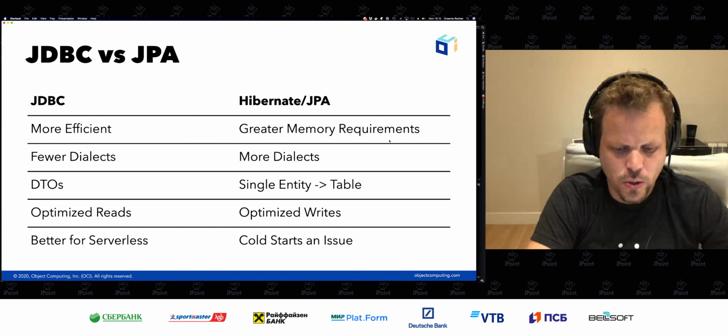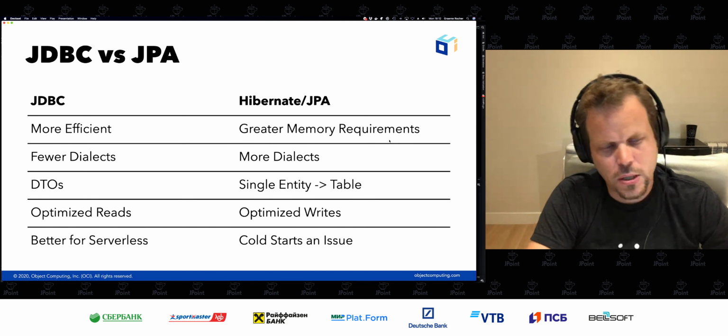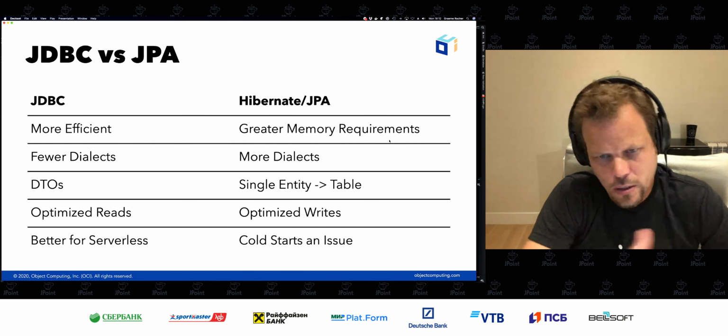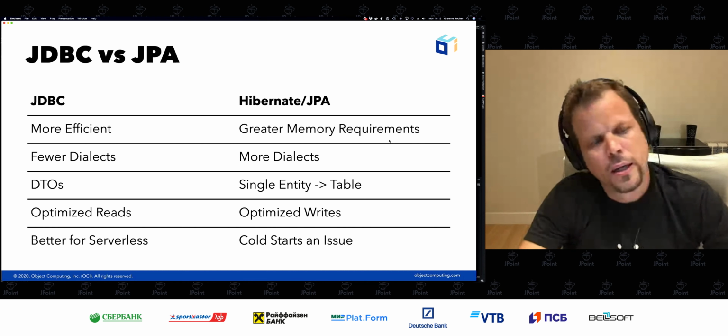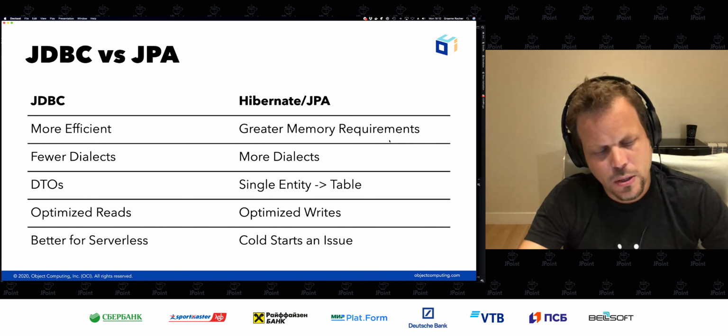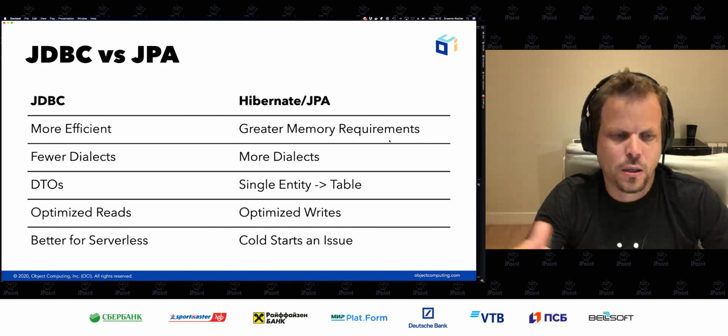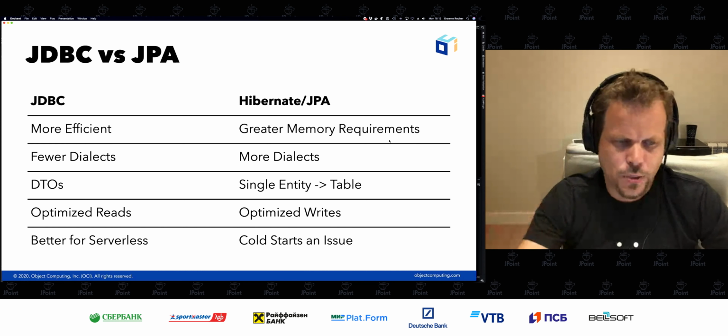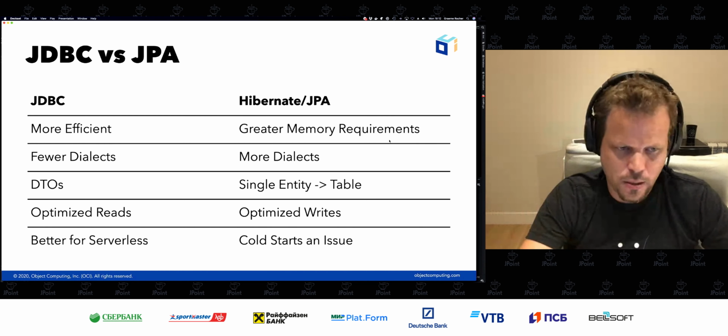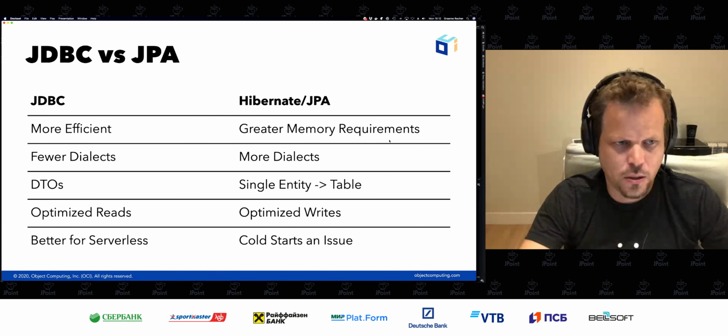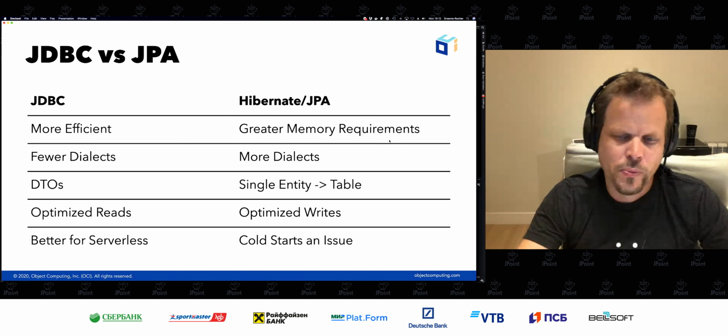But it's still a choice that you maybe need or want to make. So for example, here are the various pros and cons, I guess, of JDBC versus JPA. In general, using Micronaut Data JDBC is way more efficient. In our benchmarks, it's significantly faster using Micronaut Data JDBC for read-heavy applications than it